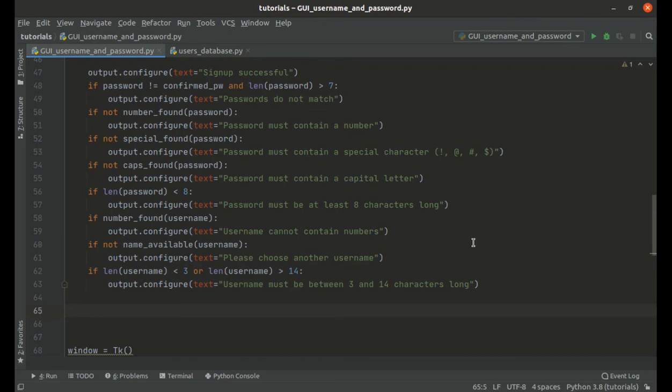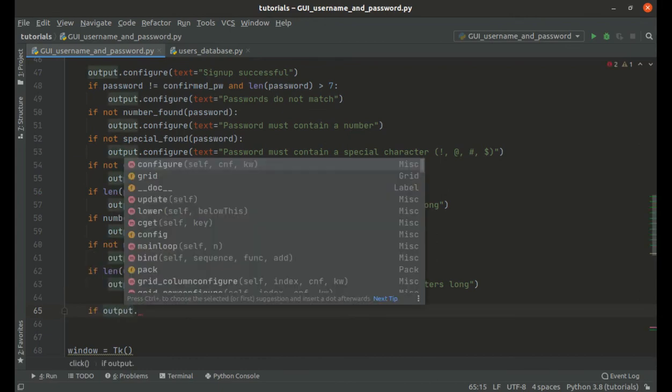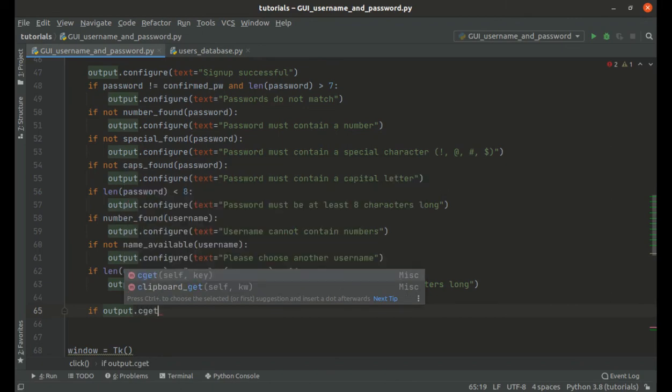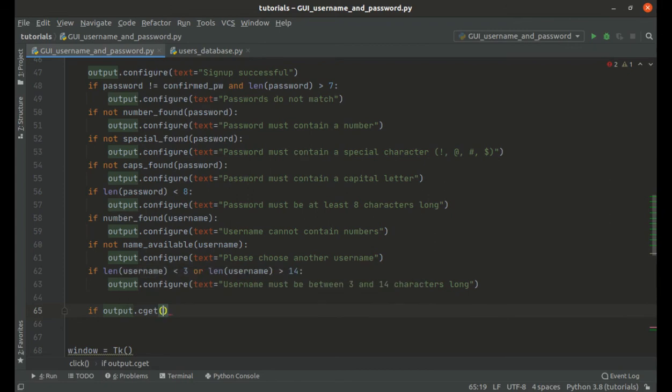So we're going to say if output dot, and now we're going to use the cget method. cget will allow us to get any values from the output, and we're getting the text from the output. Okay, so cget text, and if that equals sign up successful, let's make sure we spell it the same way,